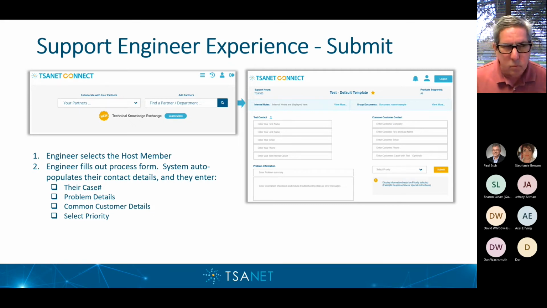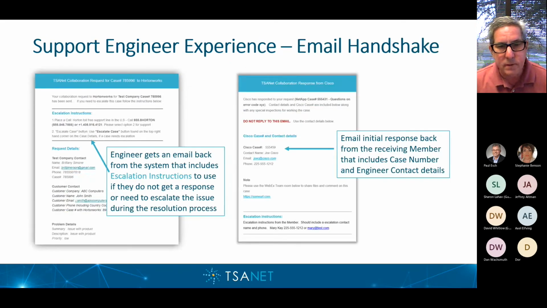What's really going to happen here is the receiving end is going to look at that customer from an entitlement perspective, and then contact you based on the entitlement of that customer. But they need to acknowledge the ticket within the SLA that TSANet is defining within the relationship. And again, I'll show you this when we get into the system.